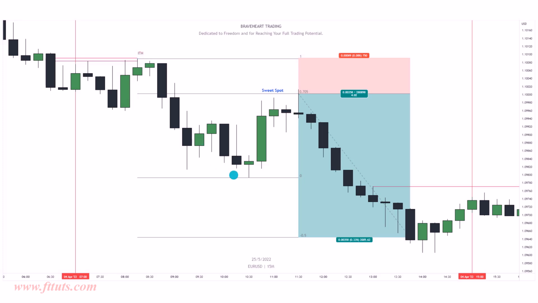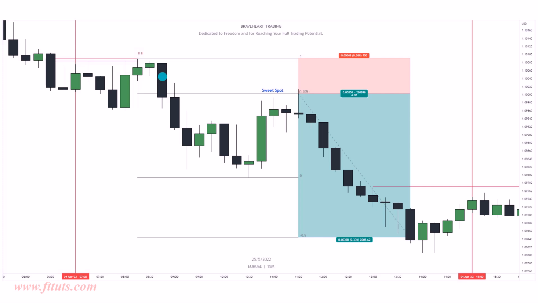Then we can start looking for an entry. So we're going to use the optimal trade entry. This high to this low hits the sweet spot, and our stop loss is above this intermediate term high,